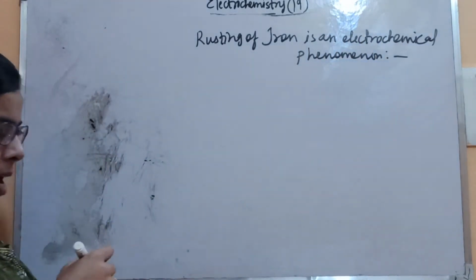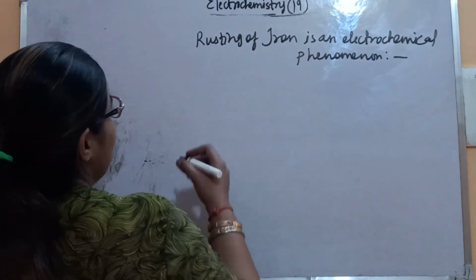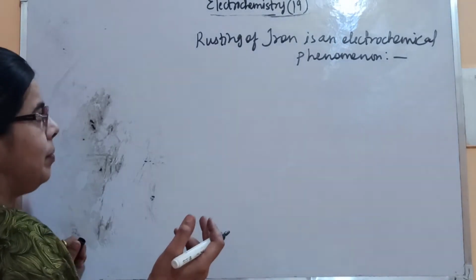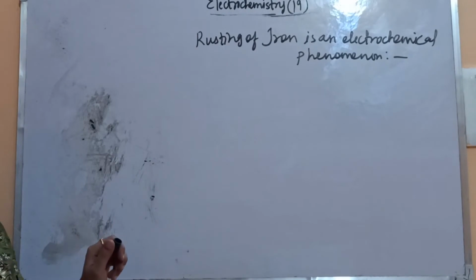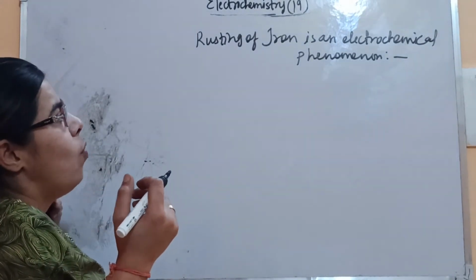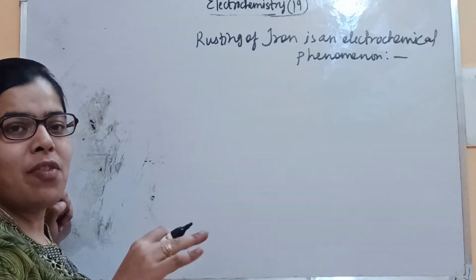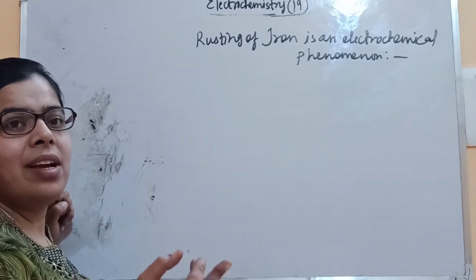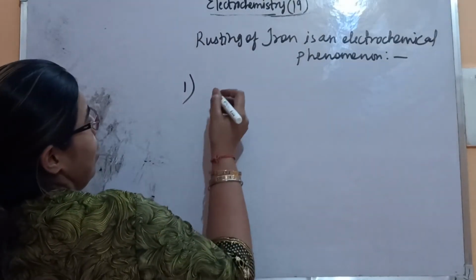Okay. As all the reactions which are taking place according to oxidation and reduction process, you can say that whatever is present in the atmosphere, like the water vapors which are present on the surface of the metal, it comes in contact with the carbon dioxide and oxygen of the atmosphere. What is the first step here?